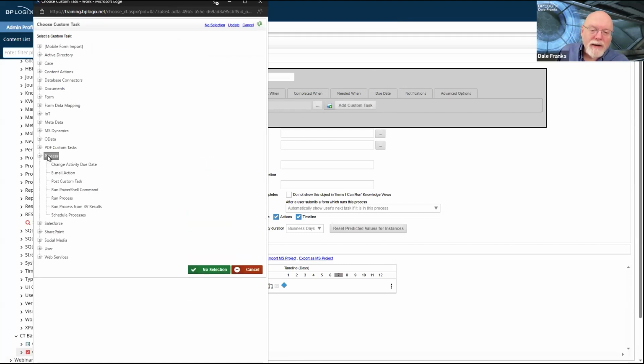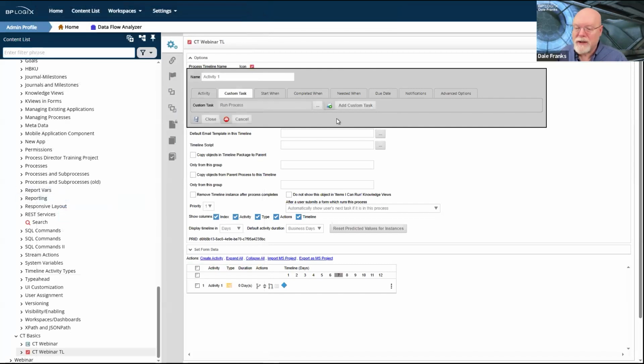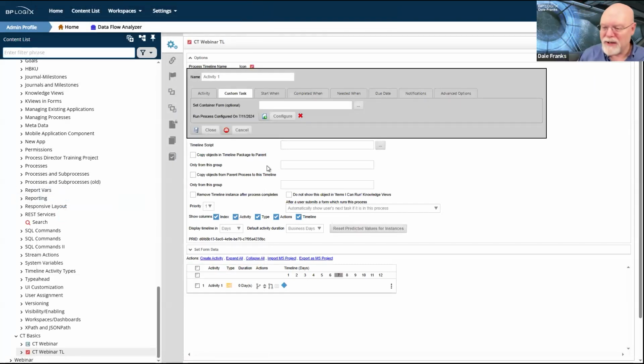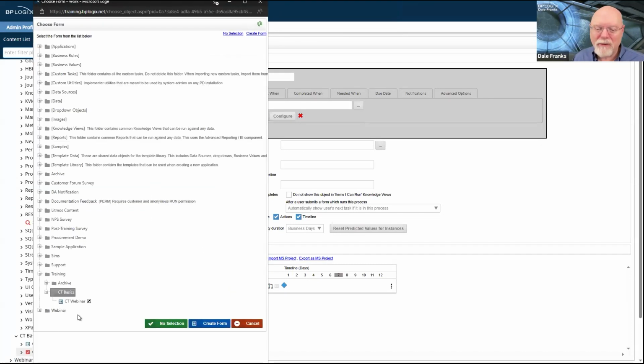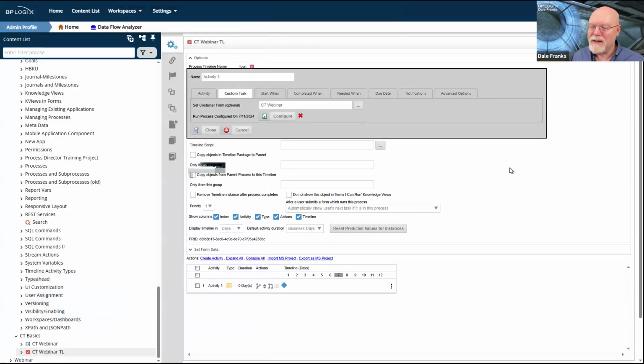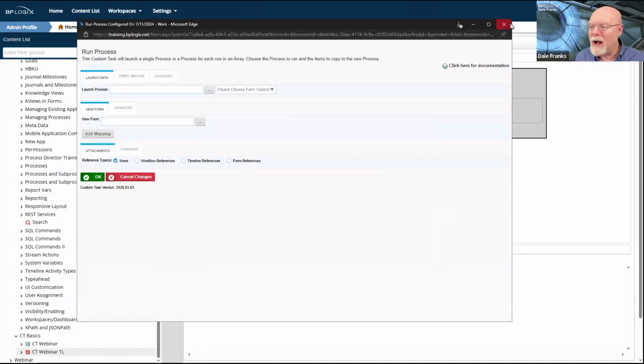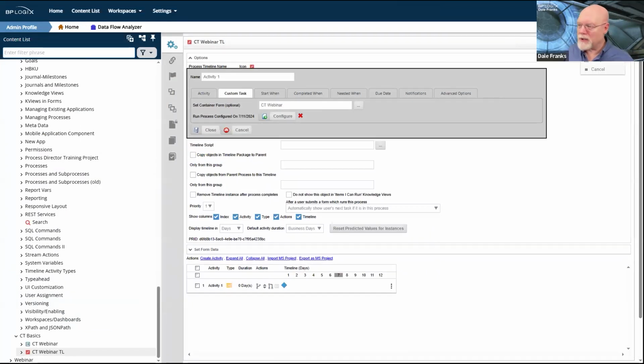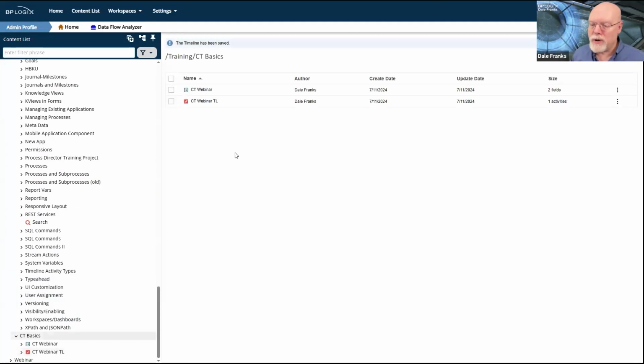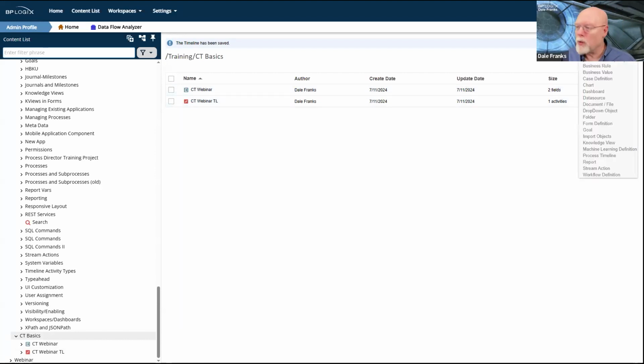Now, I don't actually have the process, so it's going to be hard for me to configure this at the moment, although I do have my form, so I can set that form. What I would do in a case like that, where I'm trying to do that PDF conversion, is I'm probably going to want to run it asynchronously.